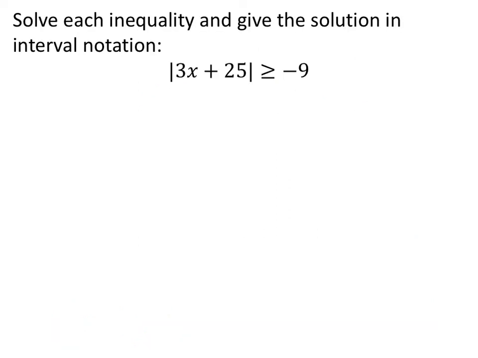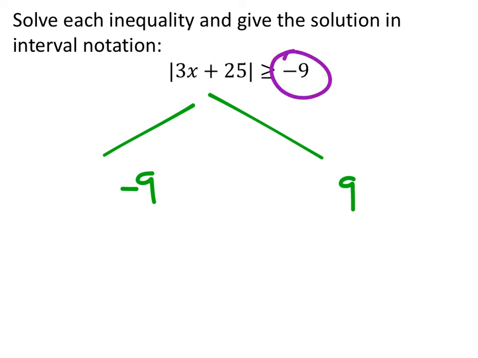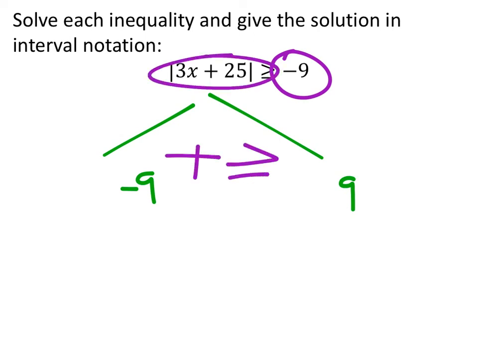I know you guys have been looking at this for the break, and probably loved it, because now some of you, we kind of get in the habit of just being like, I'm going to split this thing up, and I'm going to make it equal to negative 9, and then I'm going to switch the sign over here. But hopefully just doing that part threw you off, because we're comparing this to the negative. It's a negative 9, right? Well, from this absolute value, you'll always get a positive, and positives are always greater than negatives, which means this